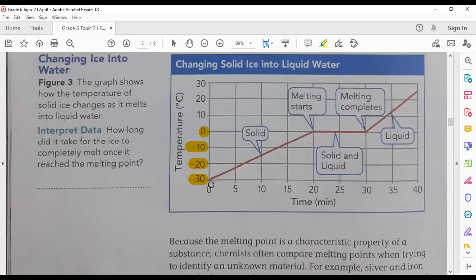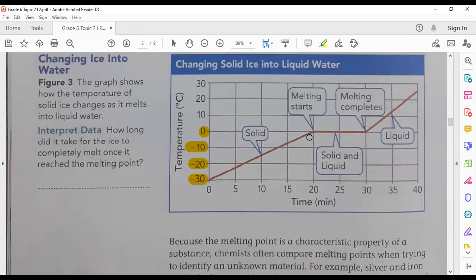Suppose that we have an ice cube in the freezer. Suppose that the temperature of the freezer is minus 30. When we take the ice cube from the freezer, after 5 minutes, it is still solid. Notice, after 10 minutes, it is still solid, but the temperature increases. After 5 minutes, its temperature becomes -25. After 10 minutes, it is about -15. After 20 minutes,